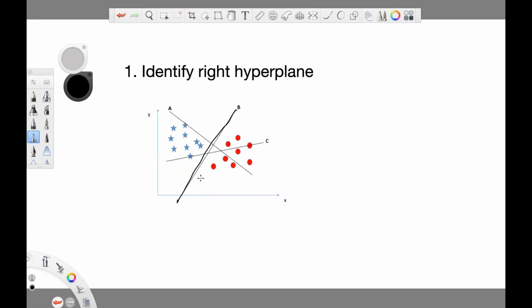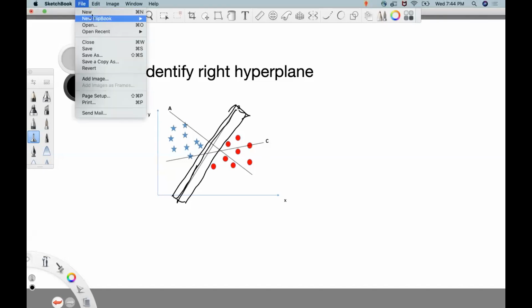It tries to find this ideal line between the two classes, so that the distance, now let's come to the thing where it has the left hyperplane, and the right hyperplane to the right of it, so the distance is the maximum. All right. So this is the one scenario where we have points like this.